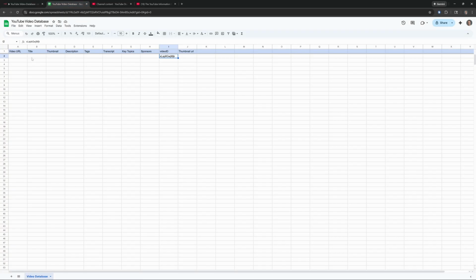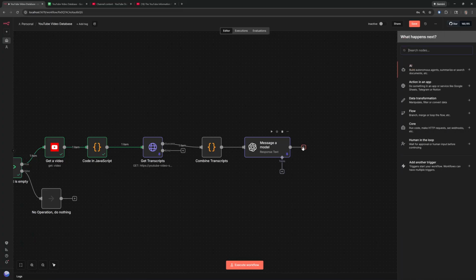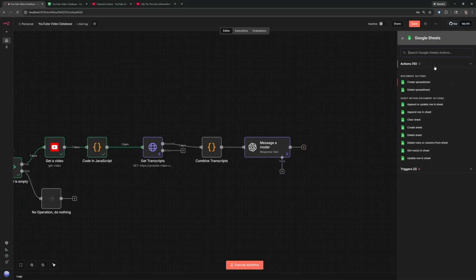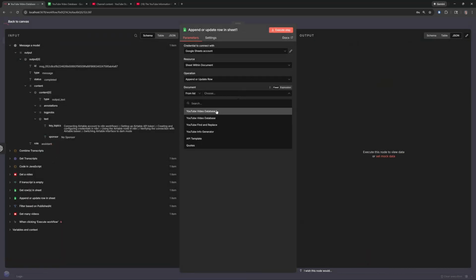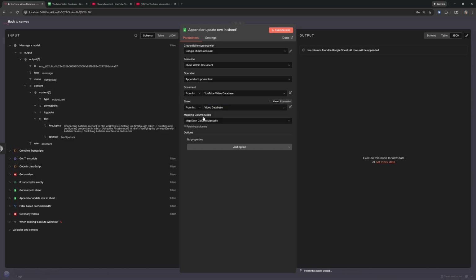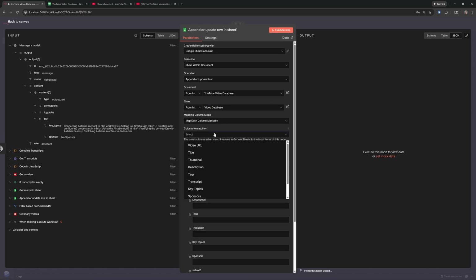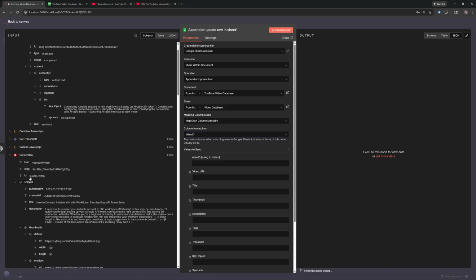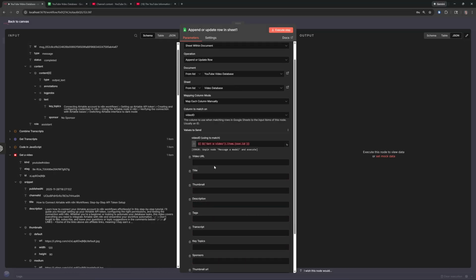Okay, so let's make sure we have what we want. We get the video, title, thumbnail, we'll get that in a moment, description, tags, transcript, keywords, key topics, sorry, sponsors, video ID, thumbnail, URL. Okay, so we should have everything we need to go. So we're going to put in one last Google Sheets. We're going to append or update a row in a sheet. Same deal, choose the video database, choose the video ID for it to match on, and then go back to the get a video, drag over the ID, and then for the video URL, we